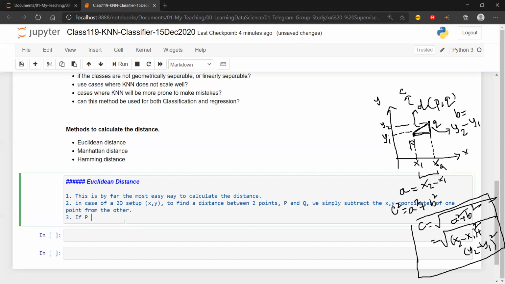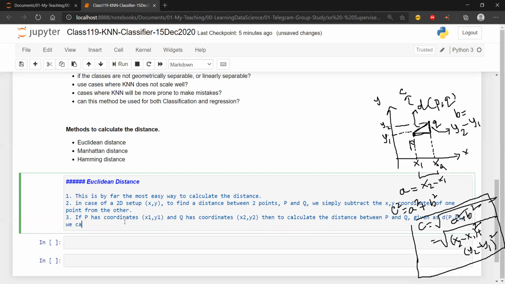If P has coordinates x1, y1, and Q has coordinates x2, y2, then to calculate the distance between P and Q, given as d of P, Q, we can use the simple Pythagoras theorem.